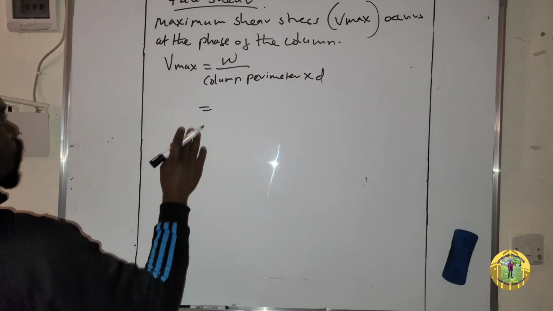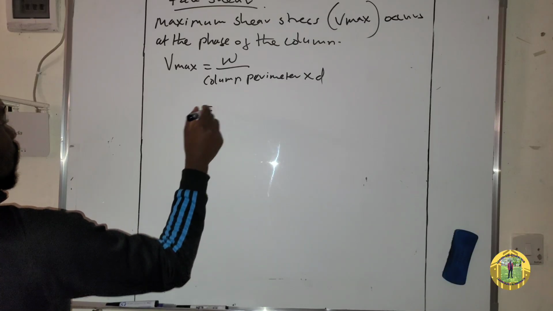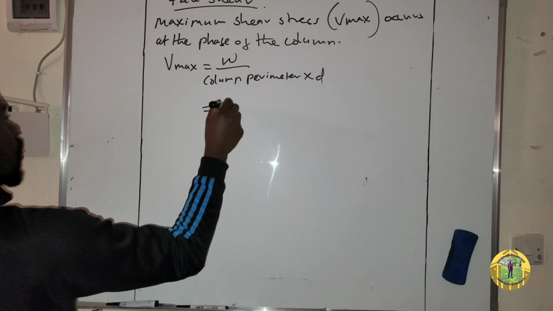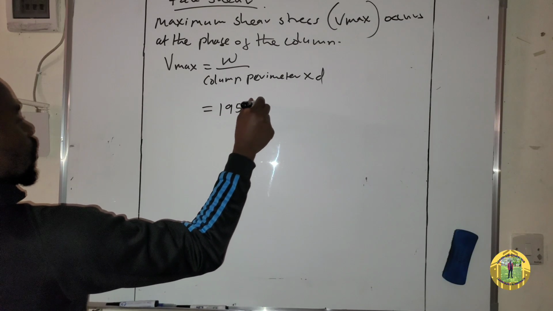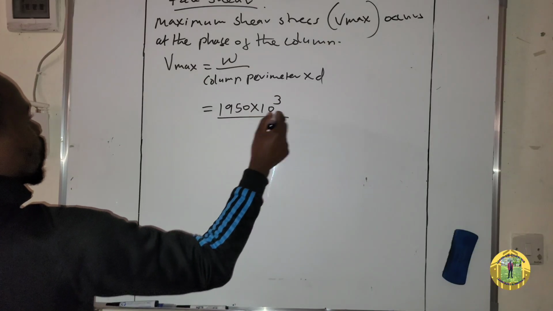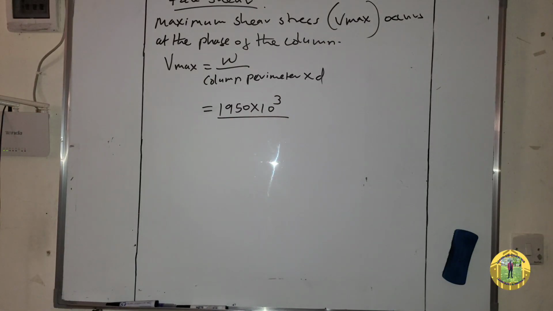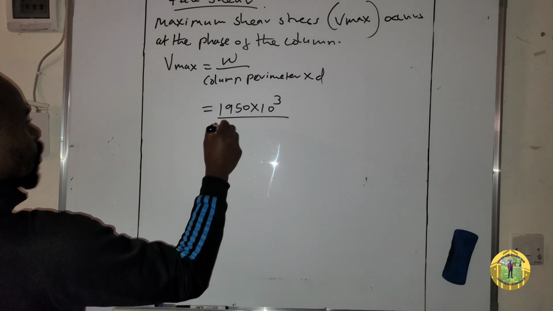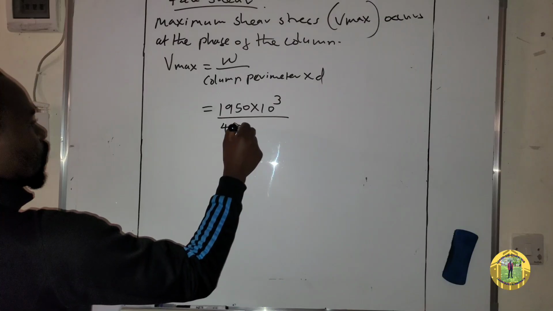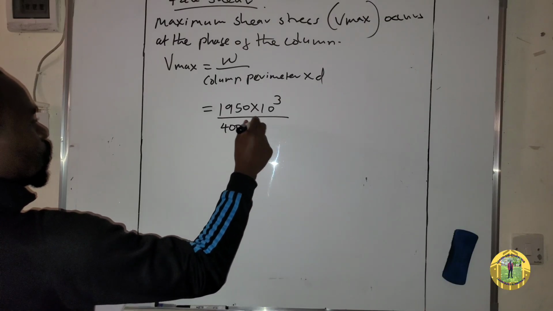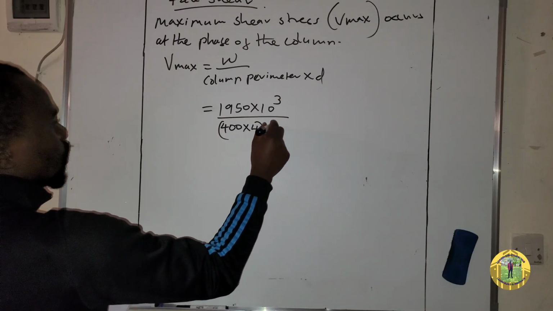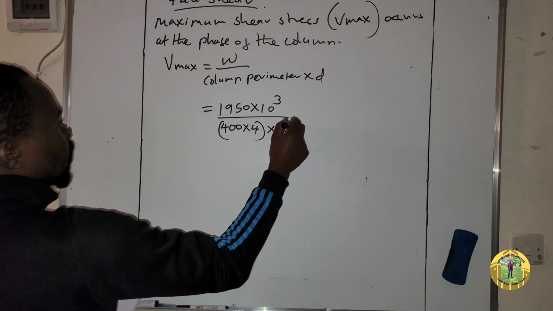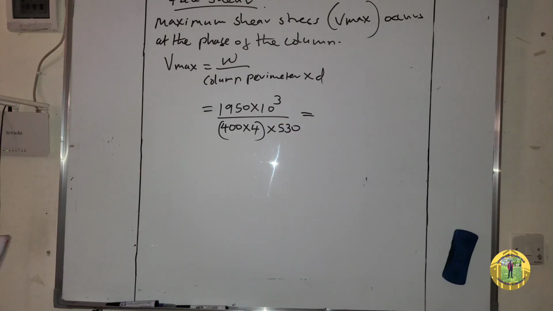Our W, the ultimate design load, is 1950 times 10 to the power 3, converted from kilonewton to newton, over the column perimeter. The size of the column is 400 times 4, then times 530. So this is equal to 2.3